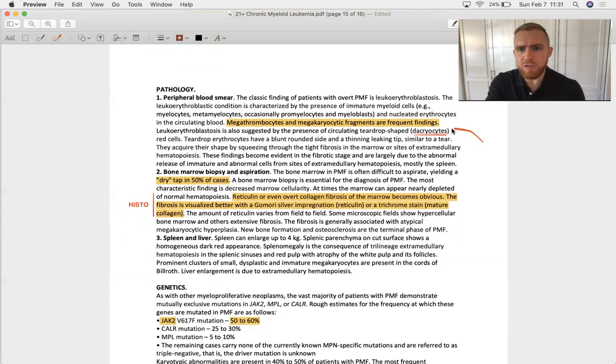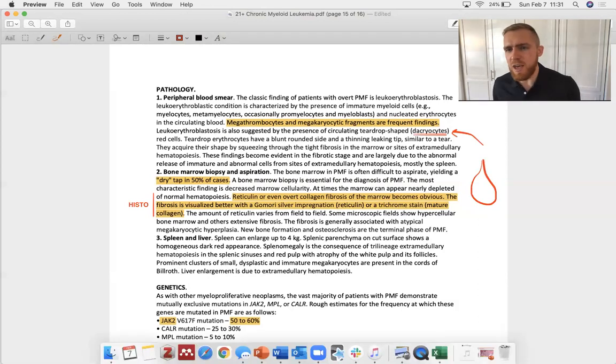These dacryocytes, dacros means tear. I think it's ancient Greek. These red blood cells called dacryocytes are shaped like a teardrop because any red blood cell that is still in